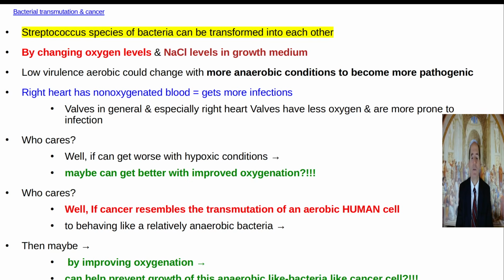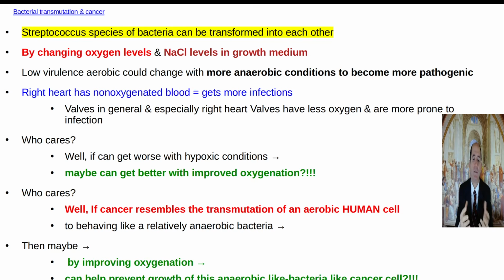So this is really interesting, and it also explains why he would say you'll get more commonly right-sided heart infections than left, because the blood in the right side of the heart is not oxygenated, especially in tissue locations like the right-sided heart valves, because they're going to be hypoxic to begin with, with poor vascularity. On top of that, they've got deoxygenated blood running around them, and that's why they get more infected. So anyways, what I'm saying is, this is part of that whole concept that you can change a cell's phenotype